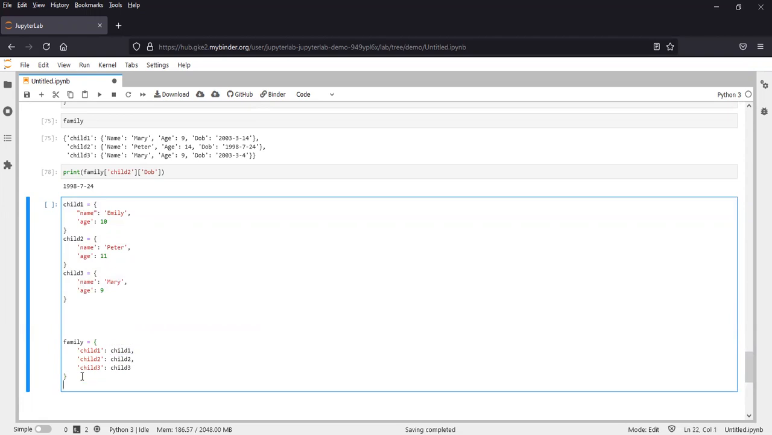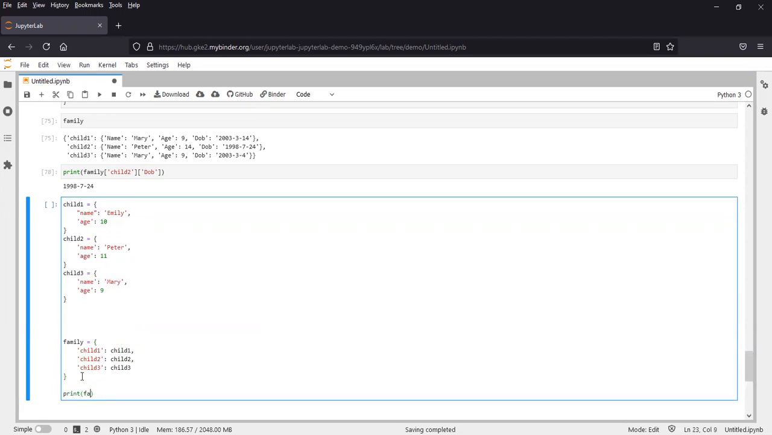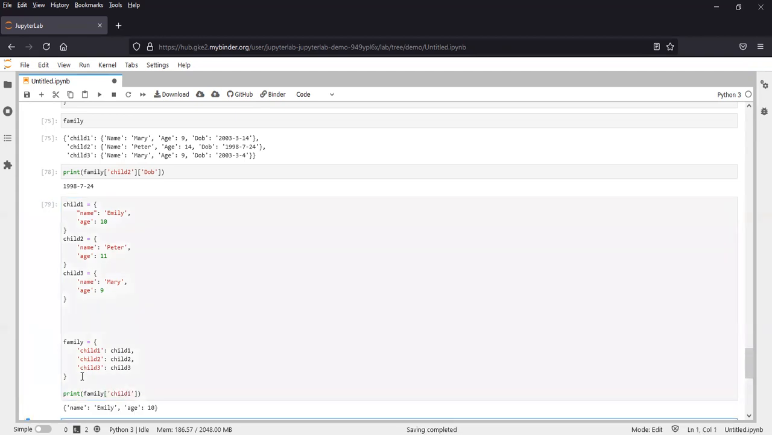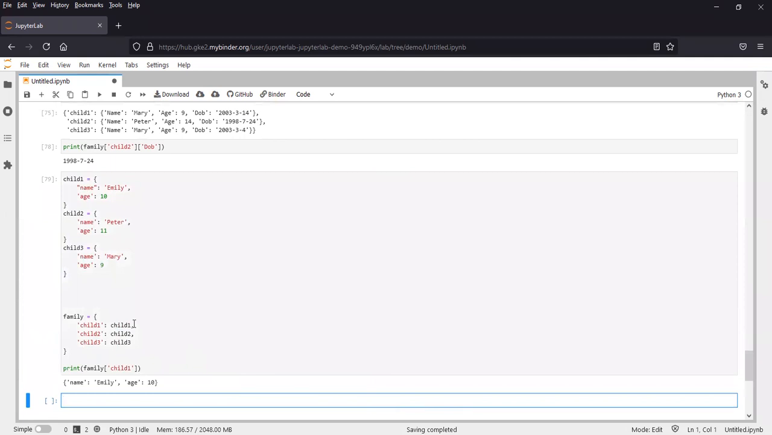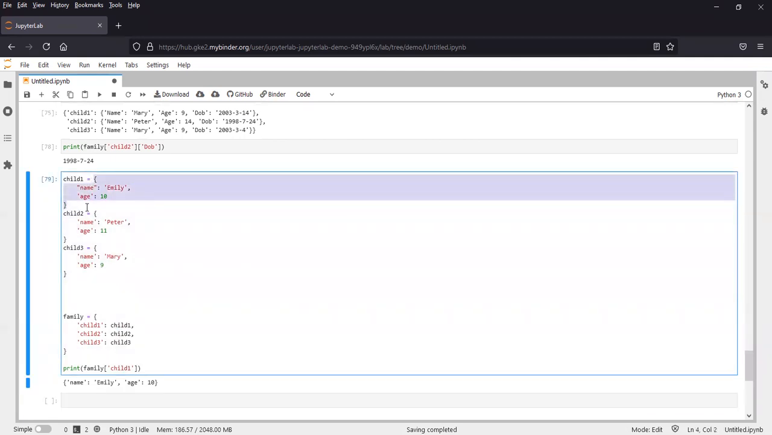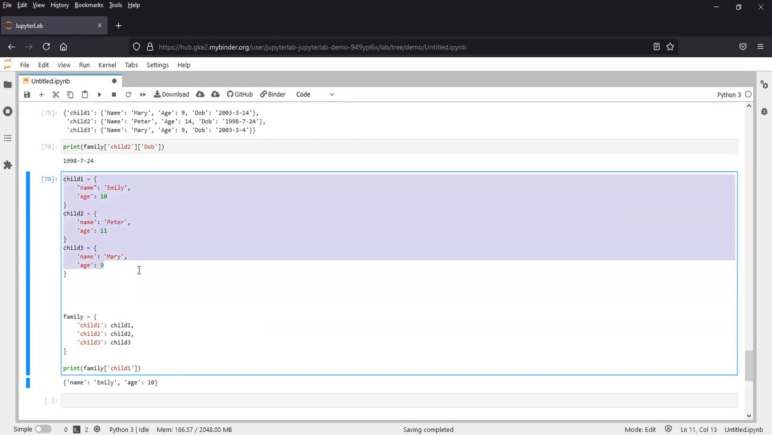So if you want to print family brackets child one, it prints this one. So the child one here, you can see here's the next dictionary, but you just define it outside here. But here these three dictionaries are called the nested dictionaries. Yeah, because you can see here nested dictionary. Okay, so